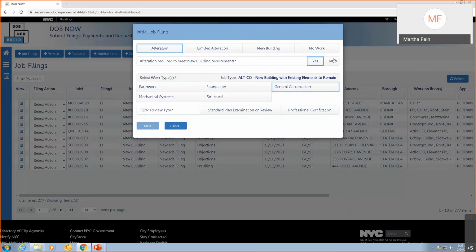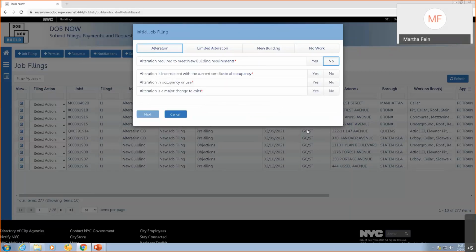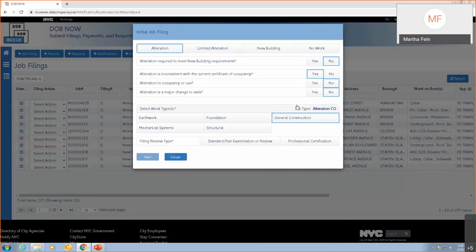If you say no to the first question, the next three questions pop up. If you say yes to any of them, then it comes up as an alteration CO job type. And again, general construction will be auto-selected, and you can add to it with the four that are allowed. If you say no to all of these three questions,